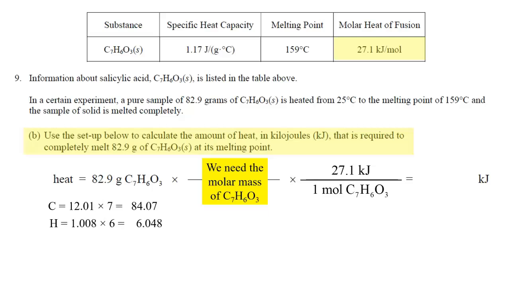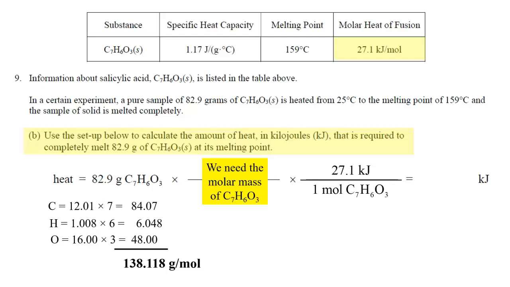Hydrogen has a mass of 1.008 and I have 6 hydrogens. And then oxygen has a mass of 16 and I have 3 oxygens in this formula. So the total of 7 carbons, 6 hydrogens, and 3 oxygens, that would be the molar mass of C7H6O3. And that works out to be